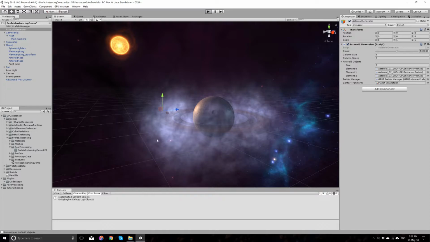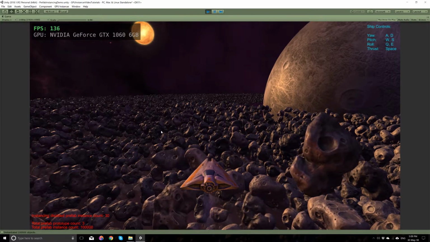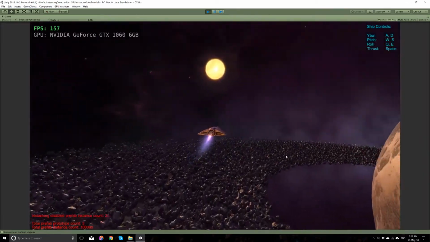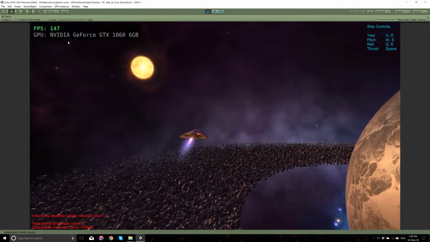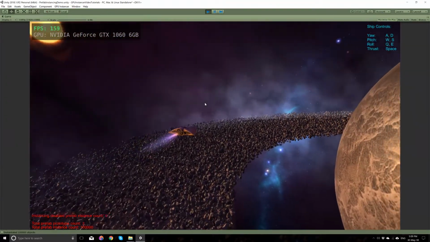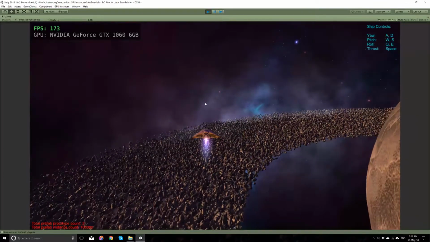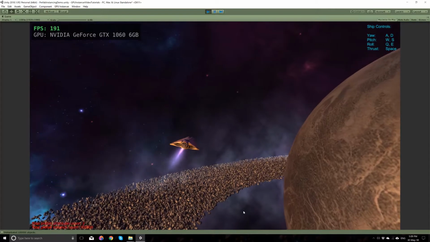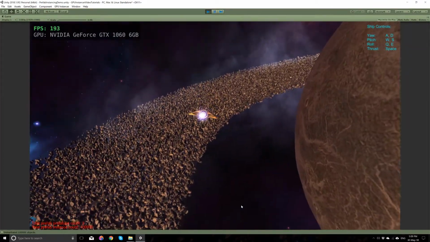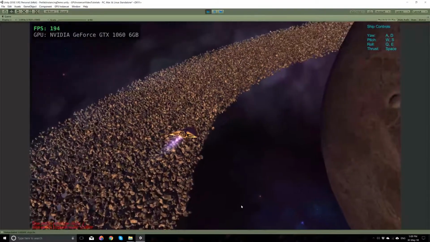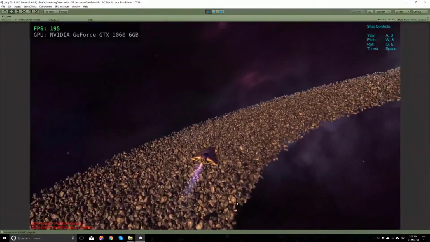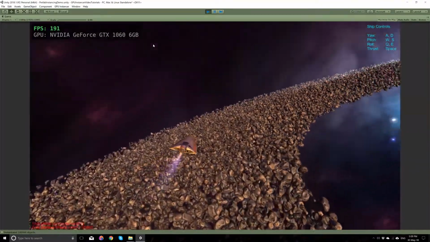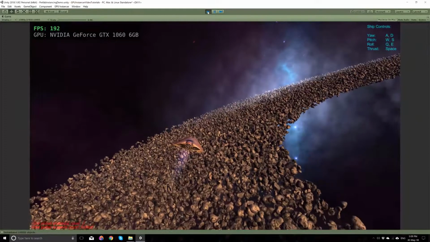But when Unity calculates these, I will just run around a bit. You see 100,000 asteroids here, and the FPS count shows me 150 to 160 sort of FPS here, more at the points that the frustum culling is happening. Yeah, more likely 180 average it seems. So I'm also running this with an NVIDIA GeForce 1060 graphics card. Now I'll go back